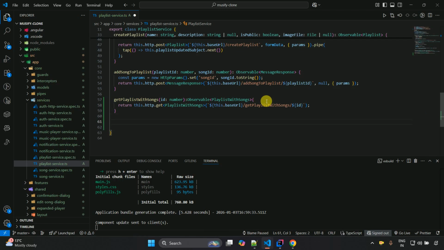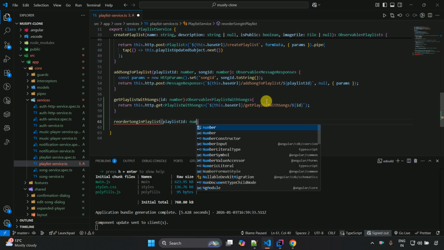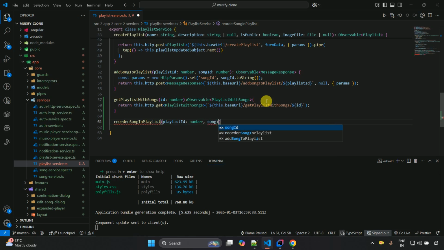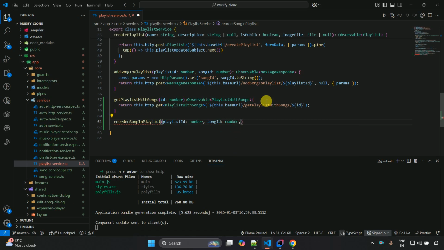And after that, the next method is related to reorder the songs in the particular playlist. So let's write here reorderSongInPlaylist, and then here we have to write playlistId, and it should be of a number type. And after that songId, and this one is also a number type, and then the newPosition, and this one is also a number type, and after that Observable, and it should be a MessageResponse, and